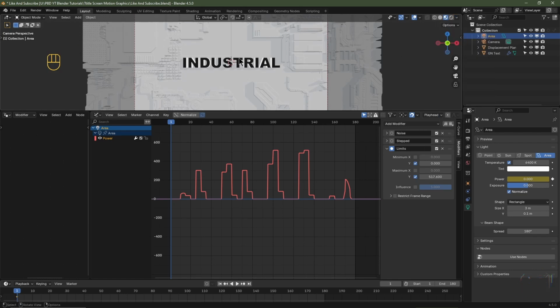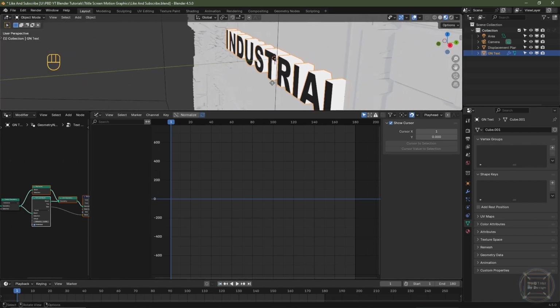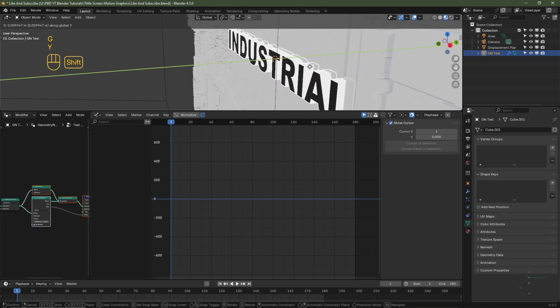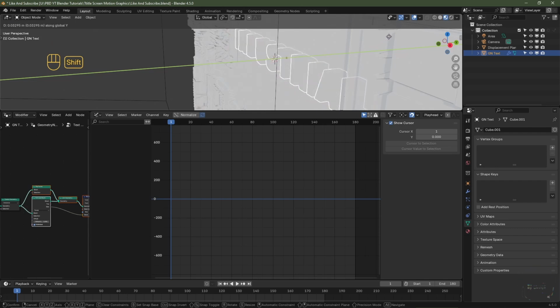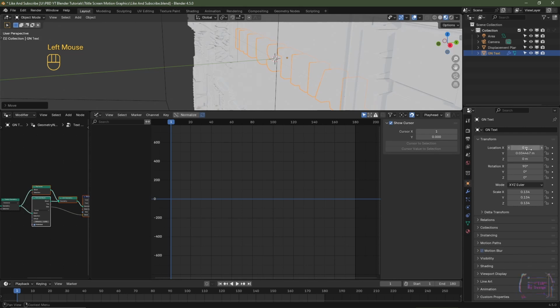I'll then select the industrial text object. I'll then ensure I'm on frame 1 on my timeline. I'll just rotate this round. I'll then hit G, Y, hold down shift, and I'm just going to drag this text object back behind the displacement plane. I'll then navigate to my object data tab over here, and for the Y location